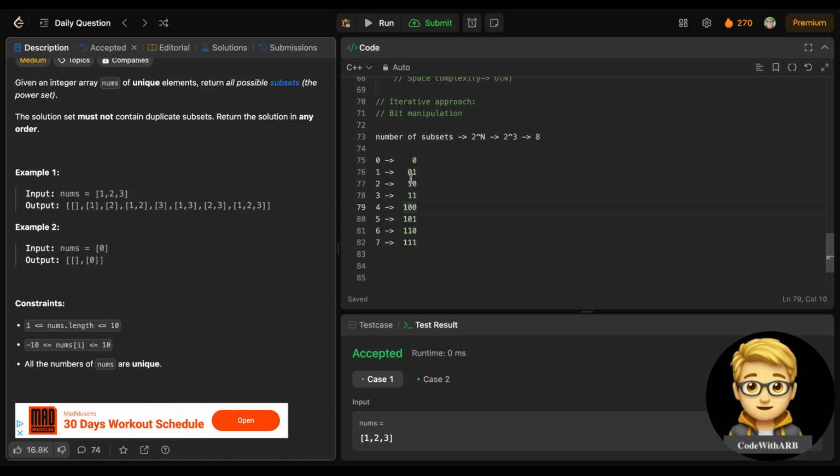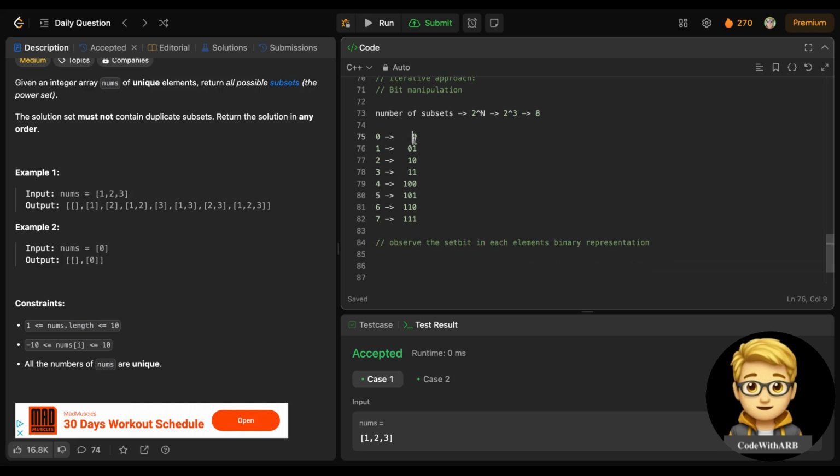Why? Observe the set bits in each element's binary representation. This zero is representing that I will not take any of the elements, so this is representing the empty subset. What does this 0 1 represent?